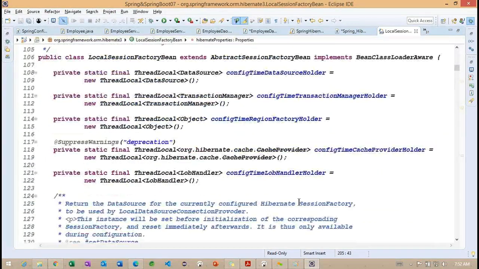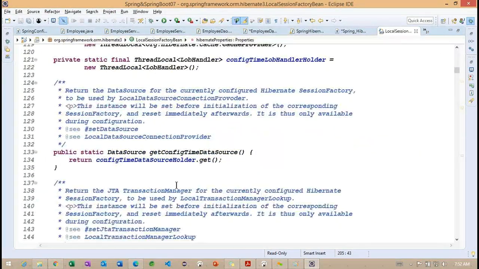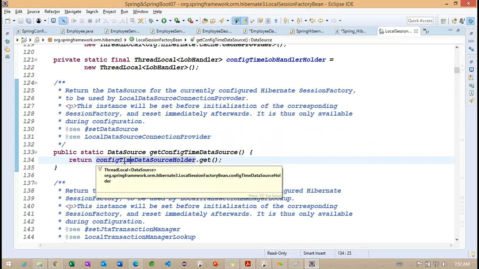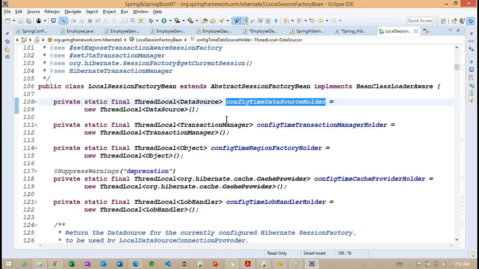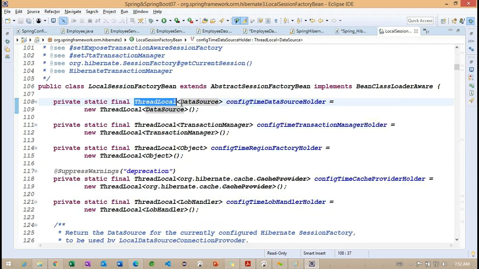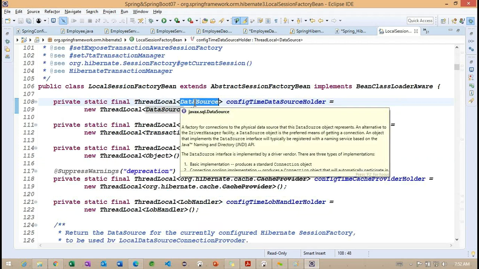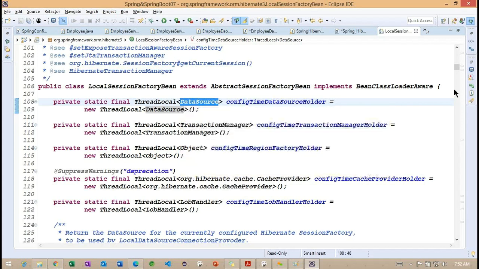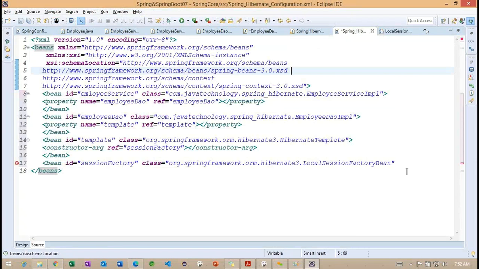Okay, let me see the data source object here. Basically here they implemented this. Now you can see they are trying to use the data sources here. Based on this particular thread local, they are trying to work with the data source. Right. So first we need to work on the data source here. So let me move on to the data source.